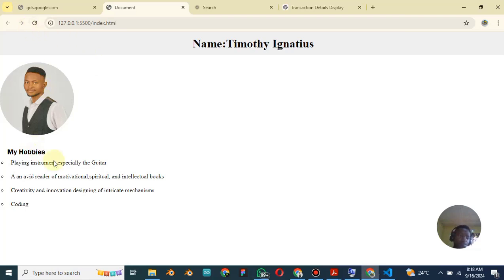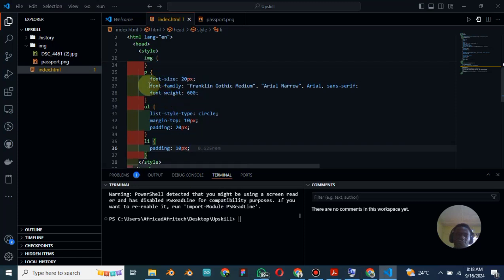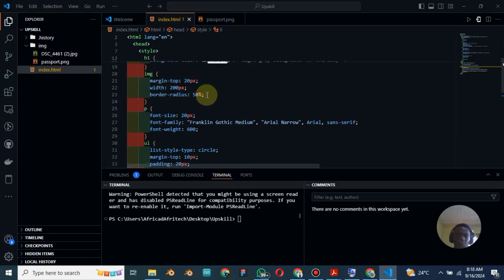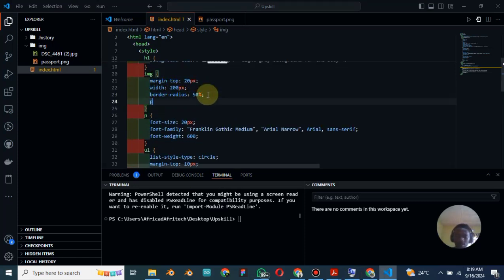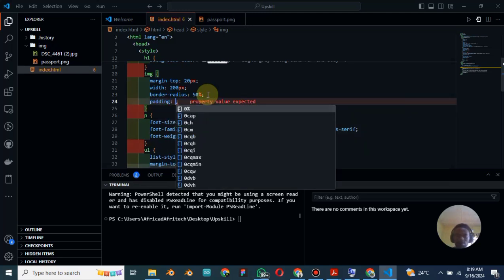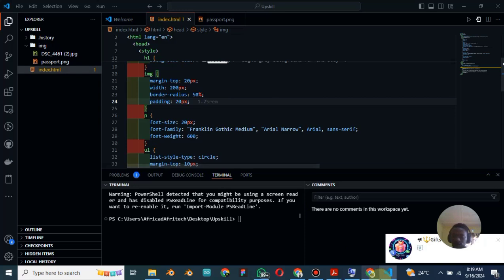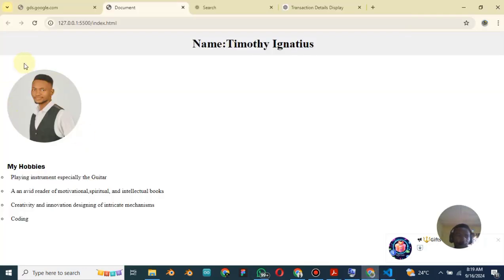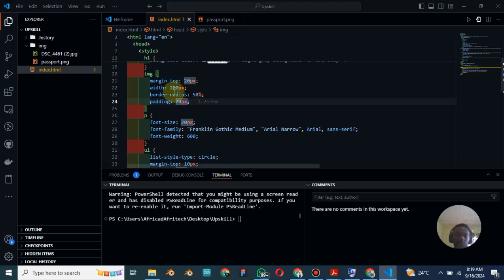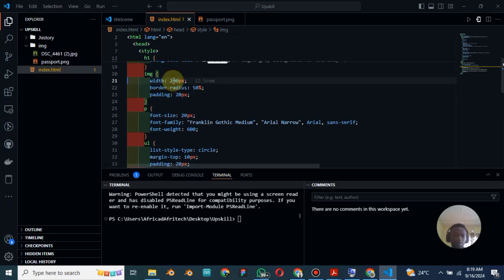And this is just something basic. Yours may not be as basic as this. You may complicate it by adding more. So I don't want the space for this image. I want, let there be a padding around the image. Padding of 20 pixels. I just like it that way. So this is my image. So I can even remove this margin top. So if I remove margin top,